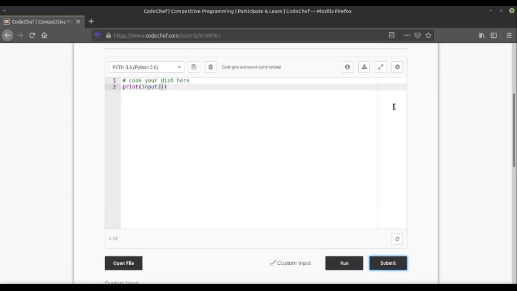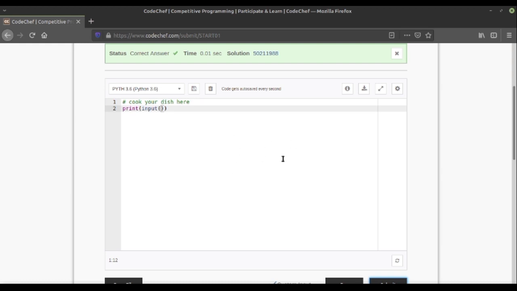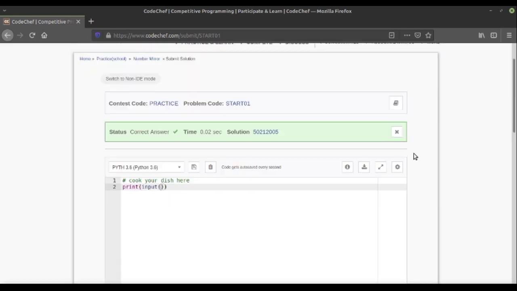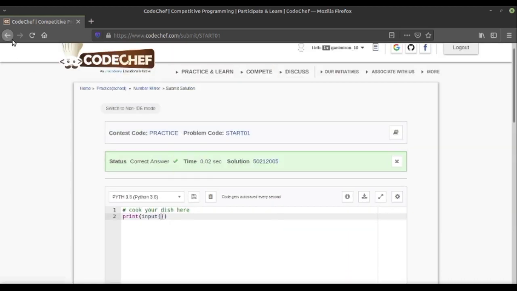This technique is used to save server space, as many programmers program on CodeChef, and during the challenges many people try continuously after some seconds, so the server gets full and it can't respond to the various other programmers. So they have used these small techniques to save server memory. So now let's submit. So this also gave us a correct answer. So let's go to the next question.